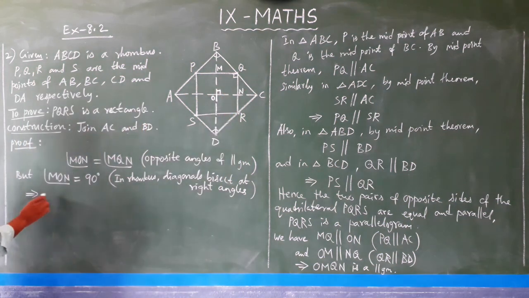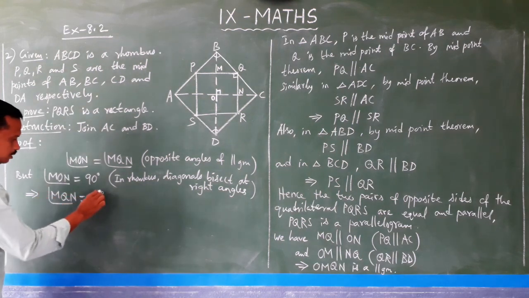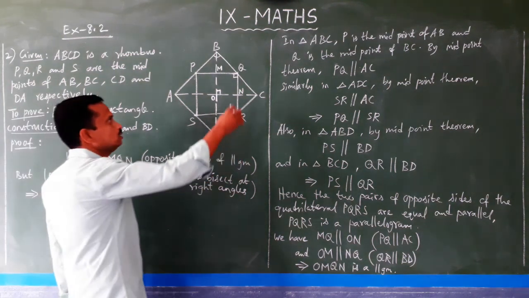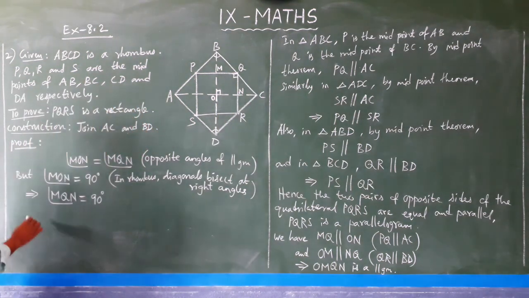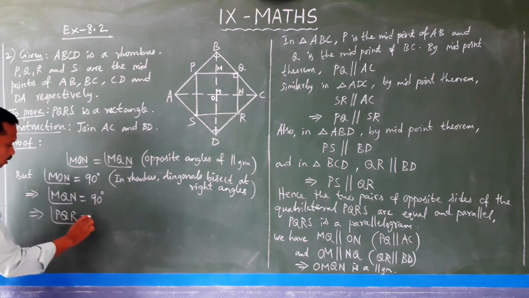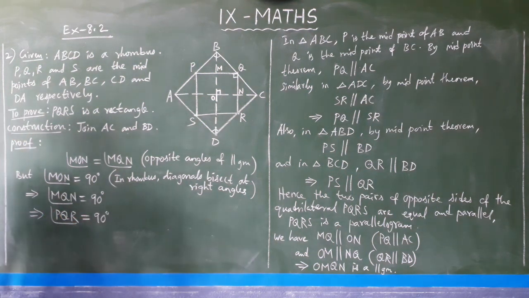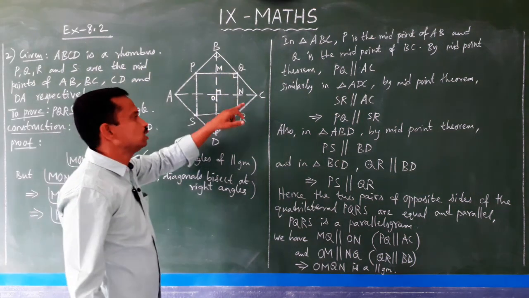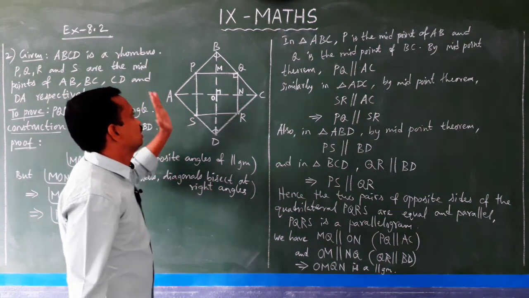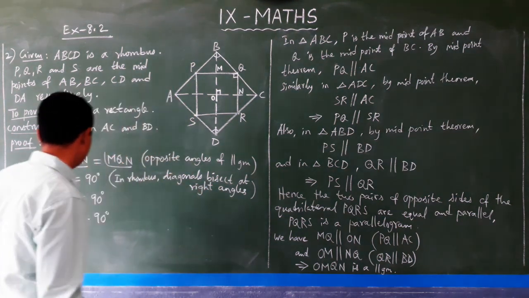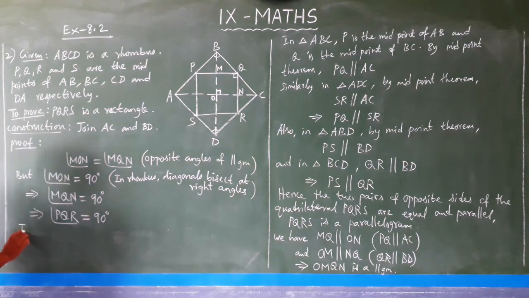This implies MQN is equal to 90 degrees. MQN we can write as PQR, but it is the same angle. That implies PQR is equal to 90 degrees. So PQR and MQN are both the same. So PQR is one angle of the parallelogram PQRS. Right? So in the quadrilateral,